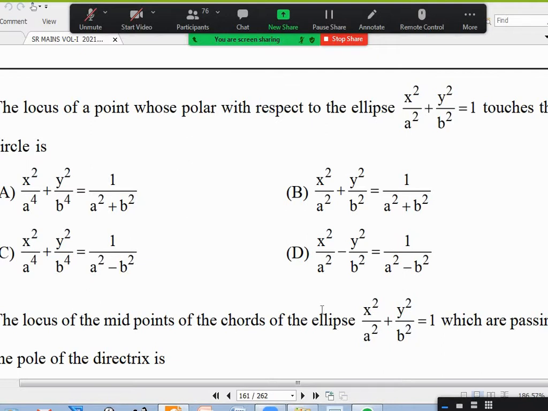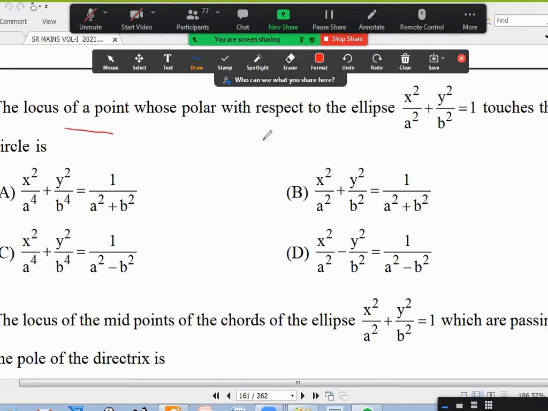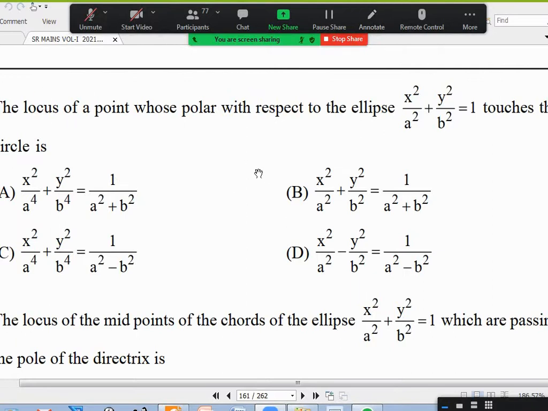This is a very simple question. Okay. Some people will think that these are difficult questions. Some students will say, actually, they are very simple. They say, take a point, take the point as x1, y1. Okay. Find polar with respect to ellipse. The polar will be xx1 by a square plus yy1 by b square equal to 1. That line should touch the director circle. For a line to touch a circle, you have the formula n square equal to r square into l square plus m square. If not, from the center, perpendicular distance is equal to radius. Hardly 2 steps, right? Okay, this is not at all a difficult question. Very silly question.